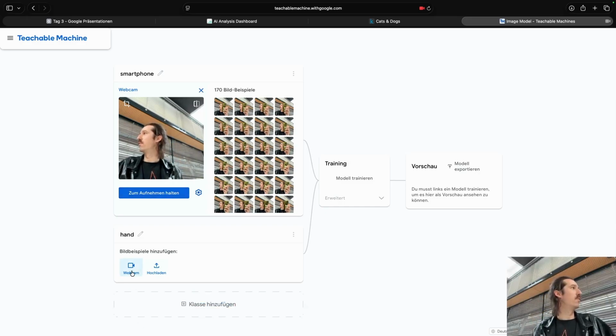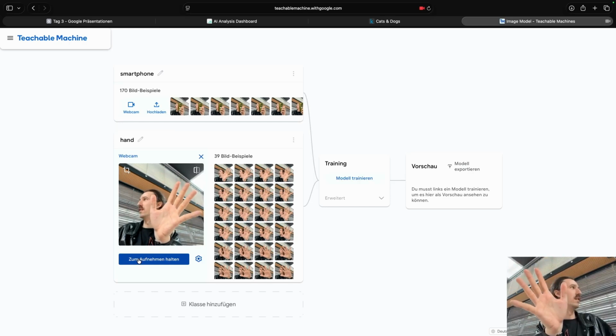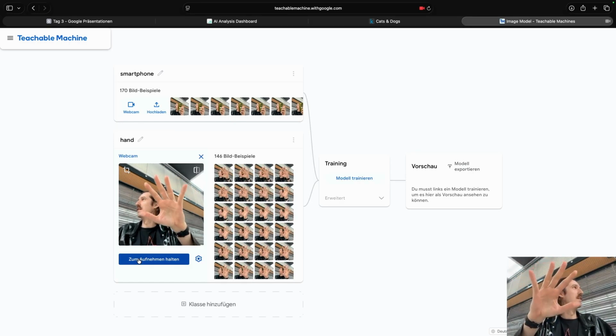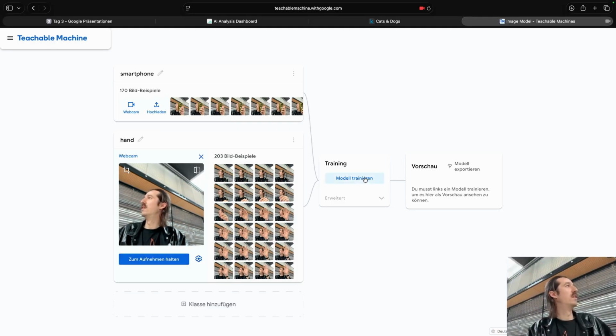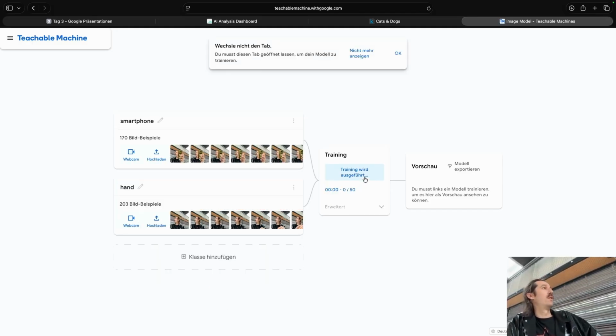Now I do the same for my hand. I generate a live data set of my hand. Maybe, let's say 200 images is fine. And then I click train. And then after this is done, basically it should identify if I hold up a smartphone or a hand. Very easy.